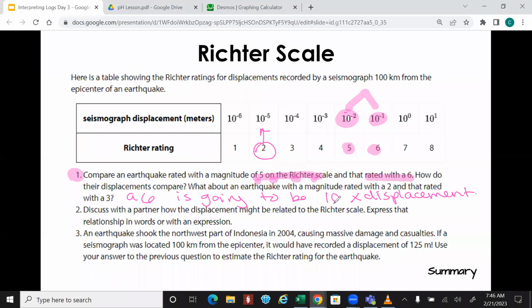So there's a 1,000 times difference in displacement. And we're going to skip that last question because that last question deals